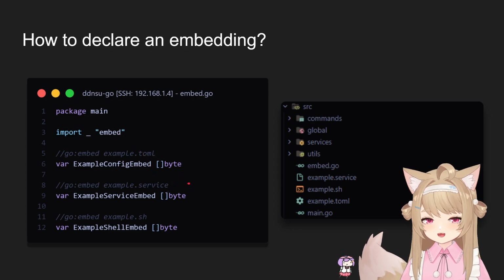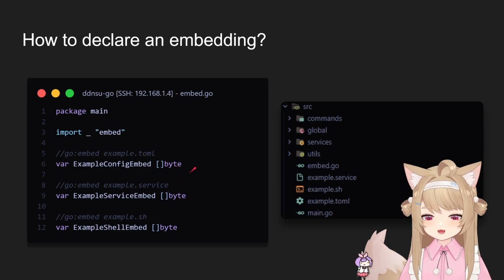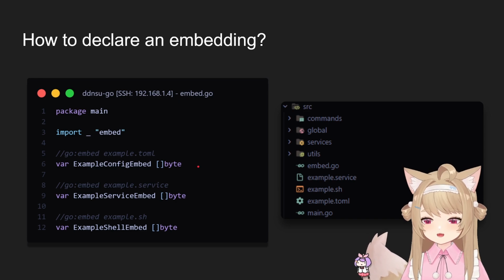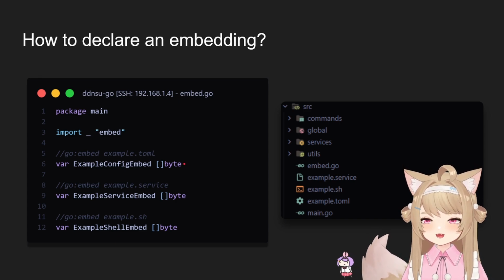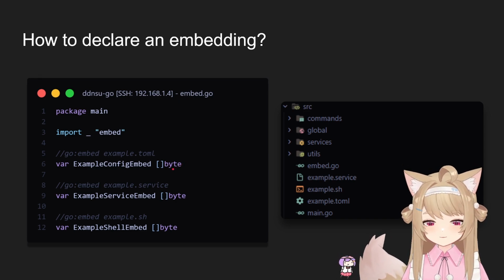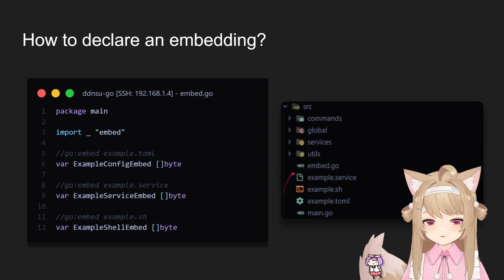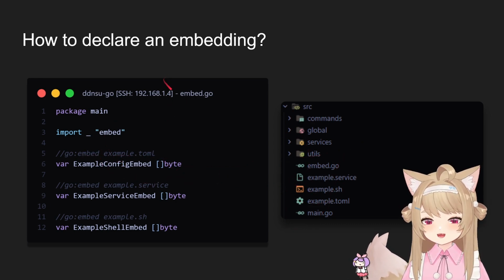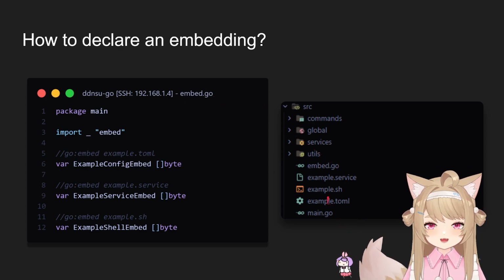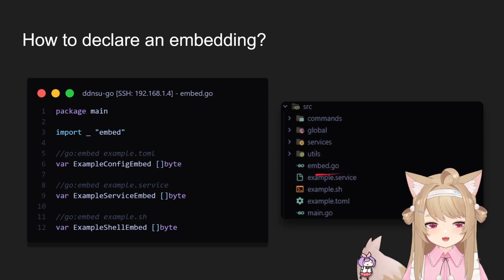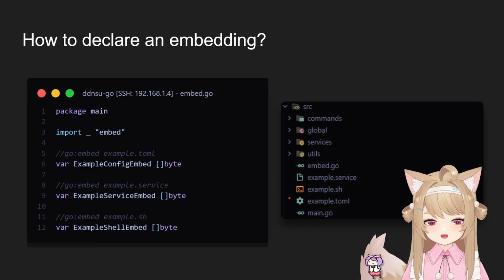And your comment data types can be string, or a mock file system, which that video goes more deep into, because I did not use a mock file system for mine. My most common was byte array. And you can see here, for this, it has to be on the same level as the file that you're embedding it in. So the embed.go, the example.service and the example.sh are on the same level of hierarchy in the file system,